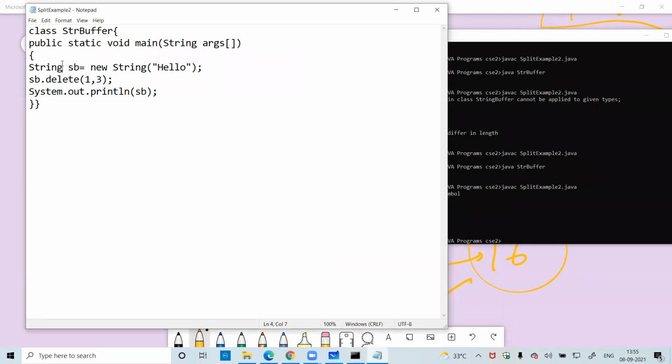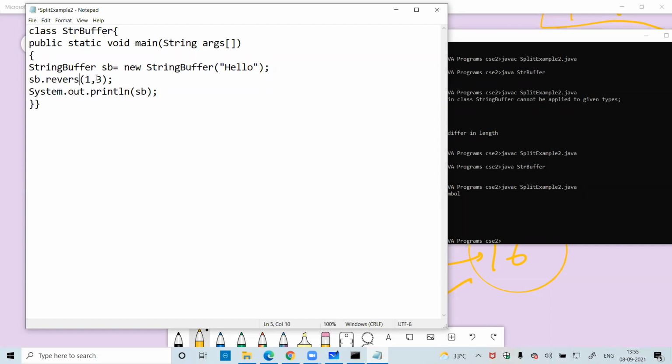Now let's move to string buffer again. Suppose I want to reverse a string.